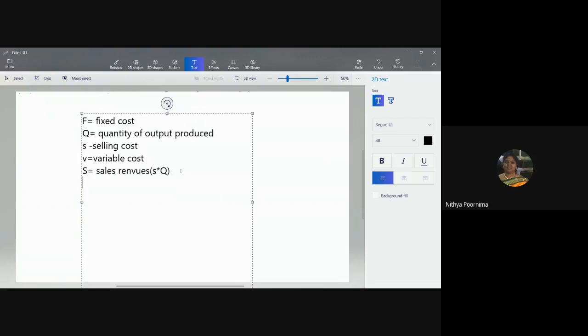Next, capital V, the variable value to find out for the entire production, will be the variable price. Instead of cost, I will write this as variable price. Even this one I'll write as a price per unit, right? That it is here, selling price. Variable cost will be variable price into quantity. This we will call variable cost.